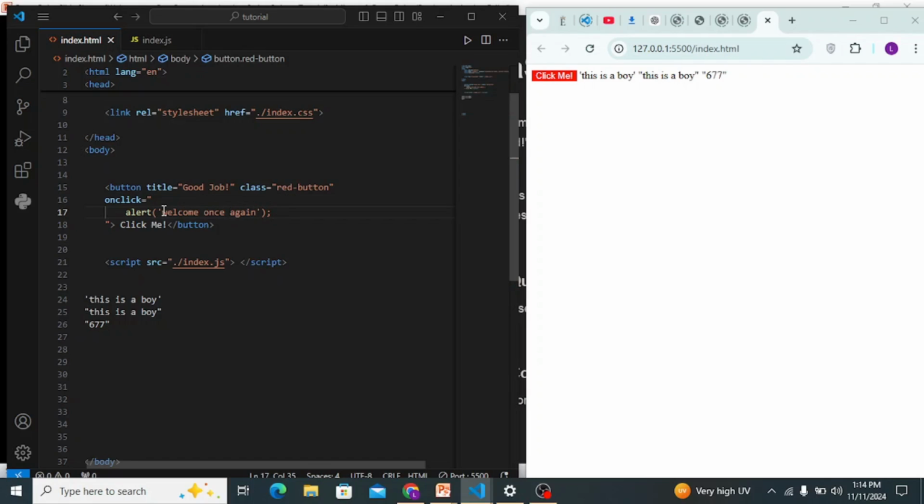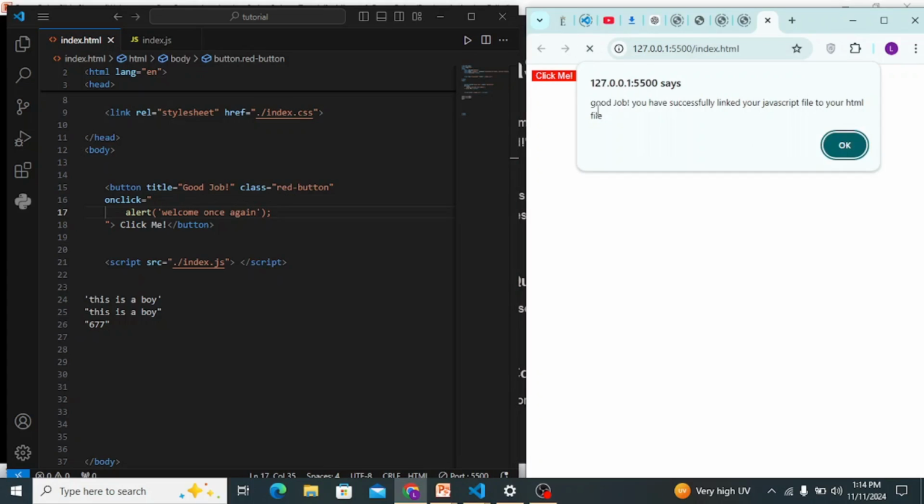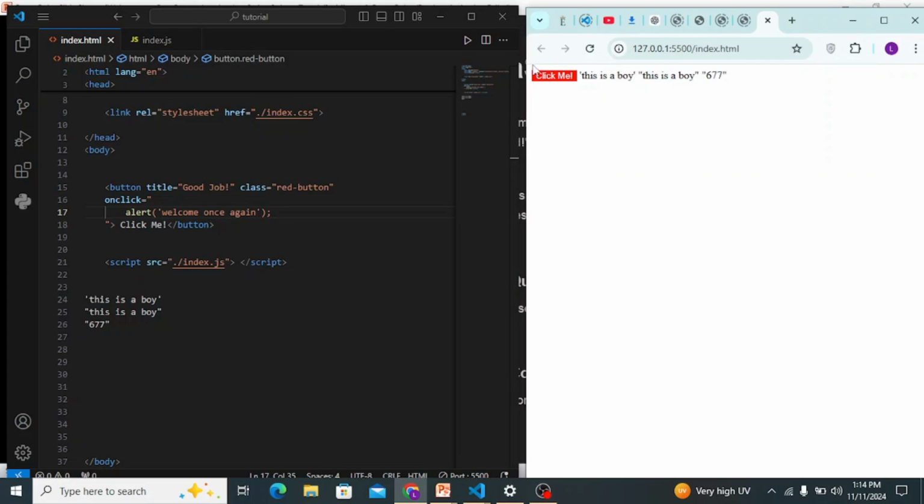Good. Now, guys, see that it's working. It's no more giving me an error. Now it says good job, and when you press click me, it's going to bring out welcome once again. So guys, that is basically how you make use of single and double quotes in your string. Going forward, guys, we are going to talk about understanding